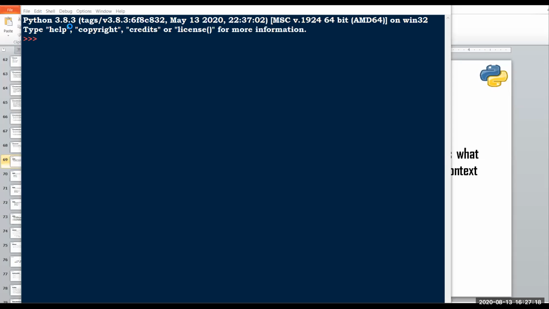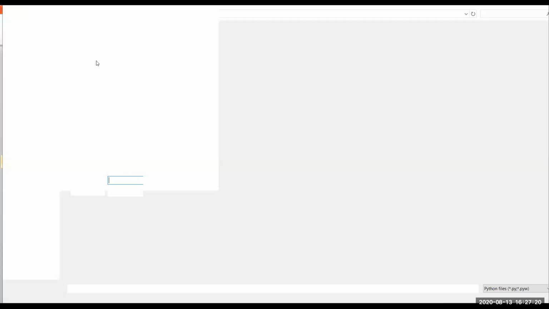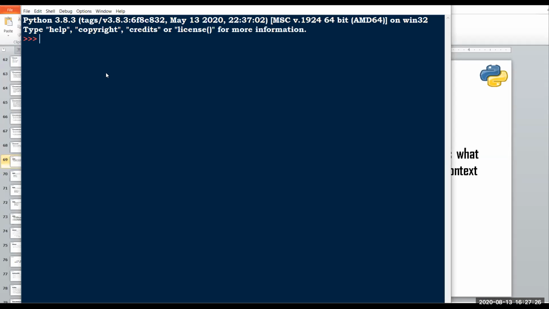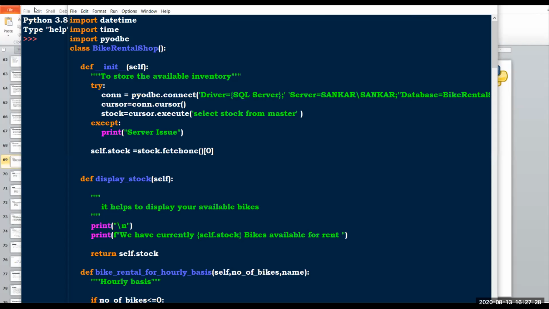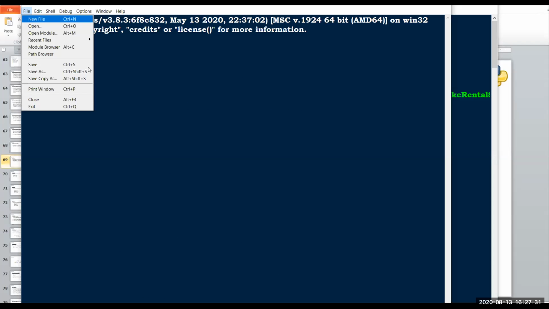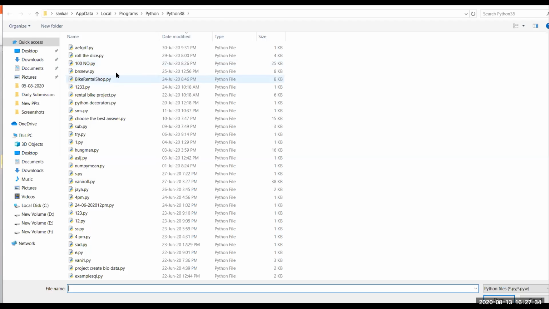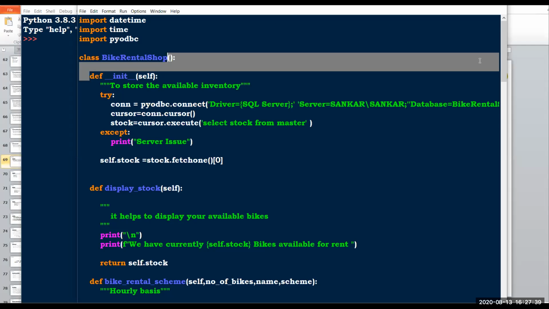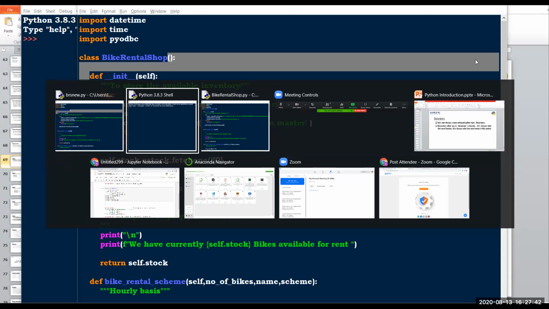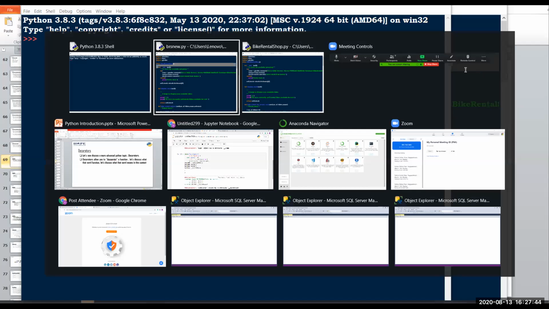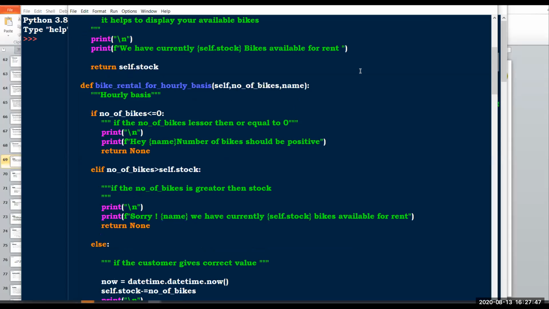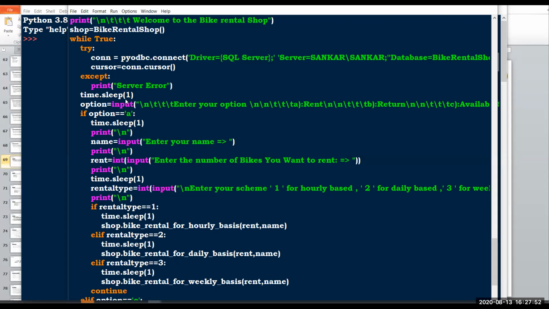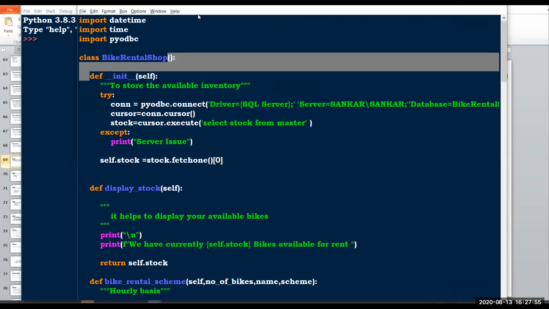I have already done this, so I'll explain what are the steps I have. First I'll tell the rules. So what are the rules?